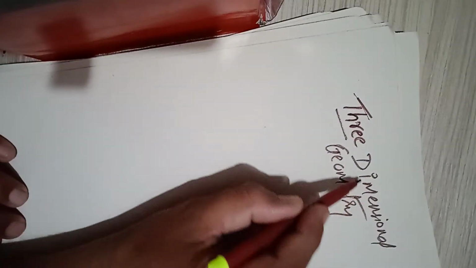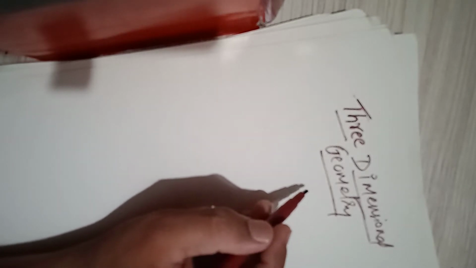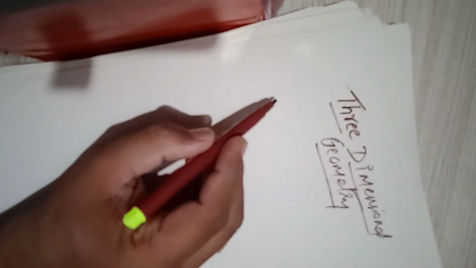Hello students, in this video we will start the chapter 3-dimensional geometry. Basically in the regular class I have taught vector algebra. Now how is vector algebra so useful to teach 3-dimensional geometry? The reason being vector algebra is the advanced version of the analytical geometry which we have studied in standard